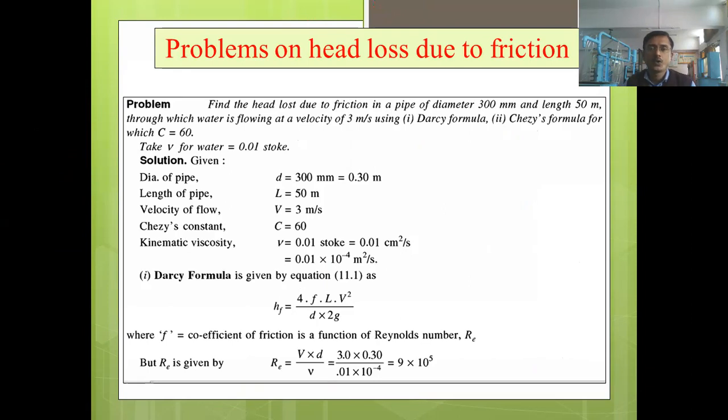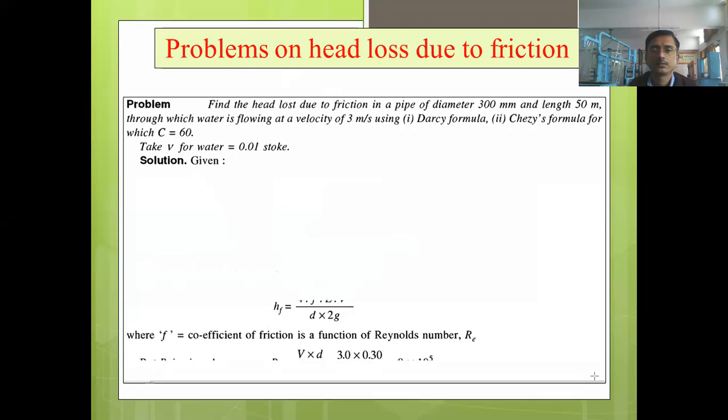Find the head lost due to friction in a pipe of diameter 300 mm and length 50 meter, through which water is flowing